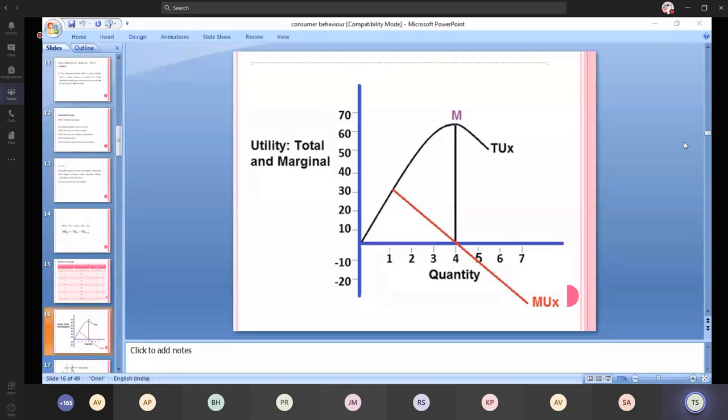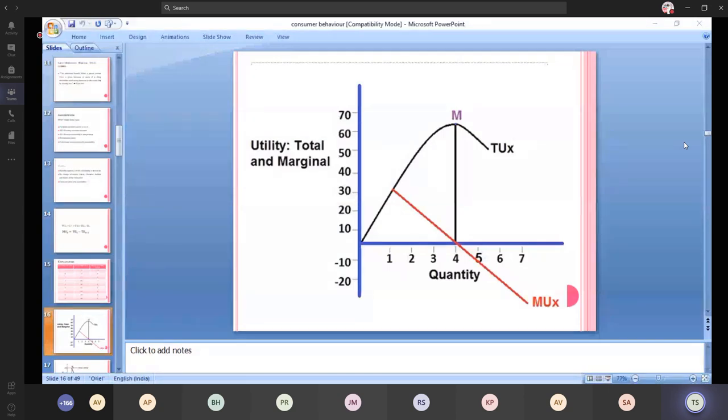Okay, and the limitations of the diminishing marginal utility. The first thing, the cardinal number system is not possible, and the marginal utility of money is not constant for all the units. It also differs from person to person, and also there is no empirical evidence that if a consumer continuously purchases a particular commodity, the satisfaction level which he receives from that commodity will decline. Because we have come across people who have collections of rare things. Those people like to collect more and more commodities. So while they are having more and more, the satisfaction level increases.